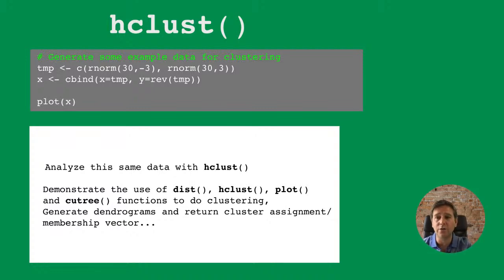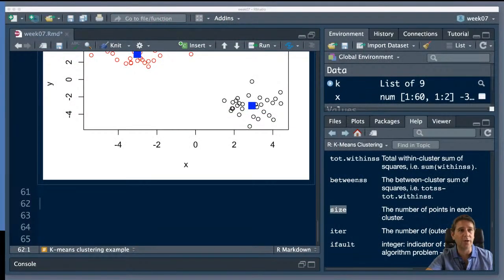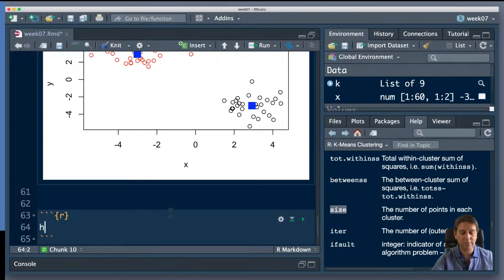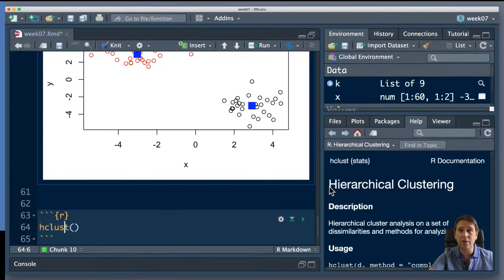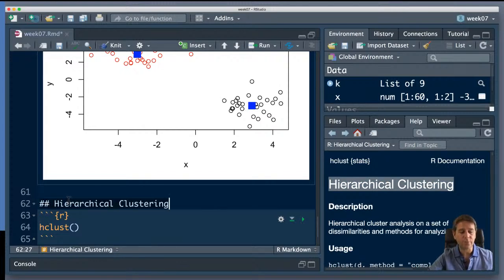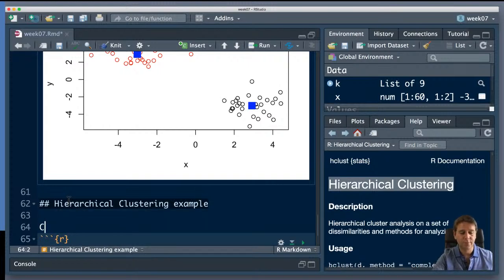Let's see that. Let's go back to RStudio and quit our blabbering and actually just do the thing. So here I'm going to do the same thing. I'm going to do hclust, and I'm going to pull up the help page for it. So I'm going to push function F1, or you can do question mark hclust, and this is hierarchical clustering. I should put a title in here. So we'll cluster the same data as before,